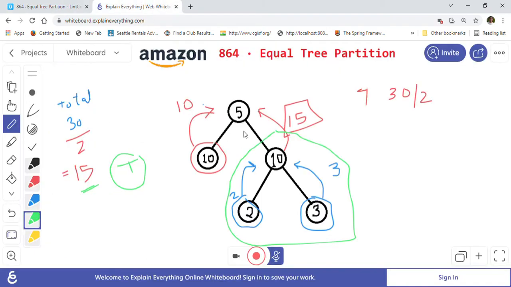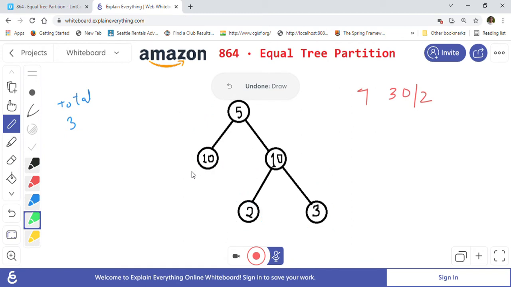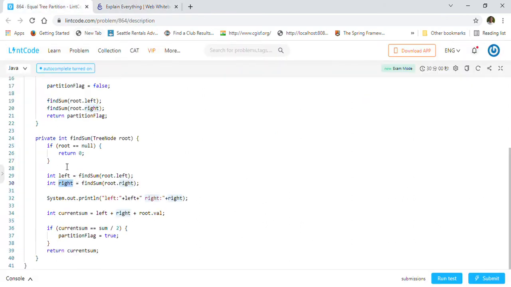So for example, it will call on 5, then on 10, it is going left, and it will call going right. Let me just remove this so I can reuse this same tree and explain again. The recursive function will be calling on the left side and on the right side, right? And our base condition is that when root is null it will return 0.